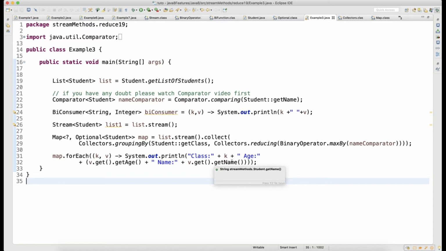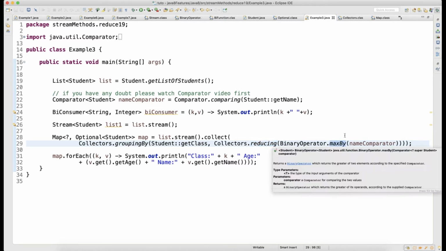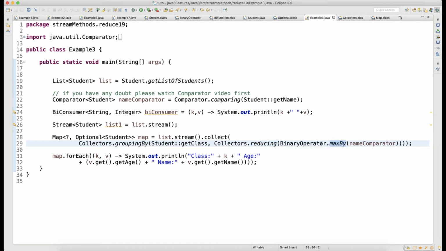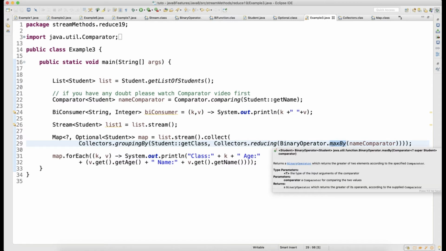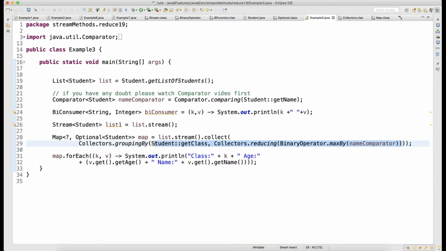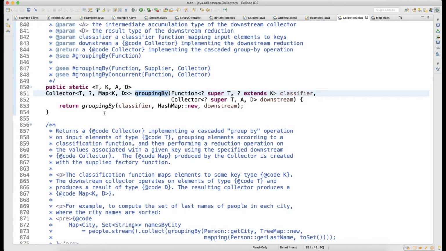So why did you get only one output, guys? We need to understand here, why did we get only one output? The reason is that when we have written this reducing, in this reducing we are doing that maxBy. Okay, in the reducing I am doing maxBy, and then whatever comes I am doing Collectors.groupingBy. And you know that the moment you have a groupingBy, you see what output you will get?